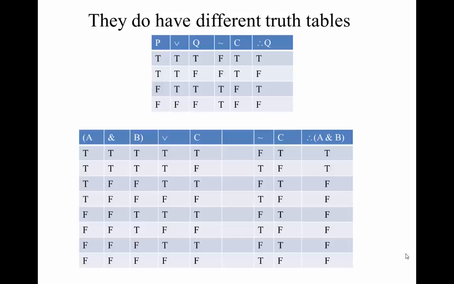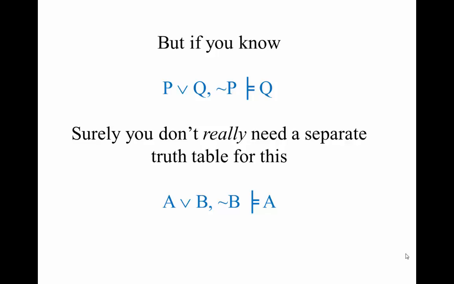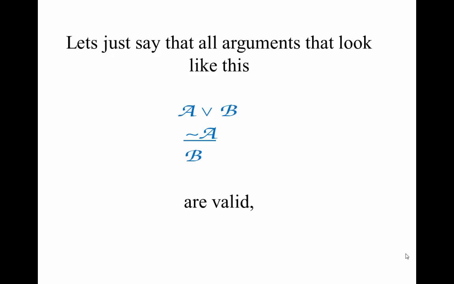One of them would be much longer and a bigger pain in the neck than the other. At the very least, it should be clear that if you're just looking at two arguments that only differ because they use different sentence letters, but otherwise have the exact same form, you shouldn't have to do separate truth tables for these. So let's just go ahead and say that any argument that looks like this, A or B, not A, therefore B, is valid, where the script letters, because they're metavariables, can stand for any sentence in SL,